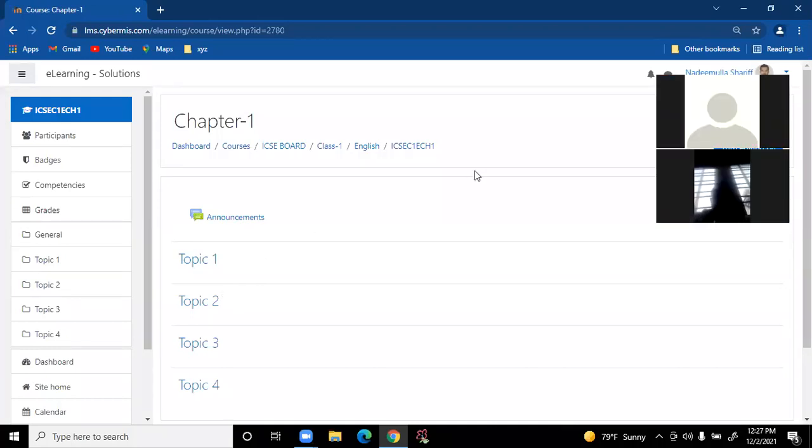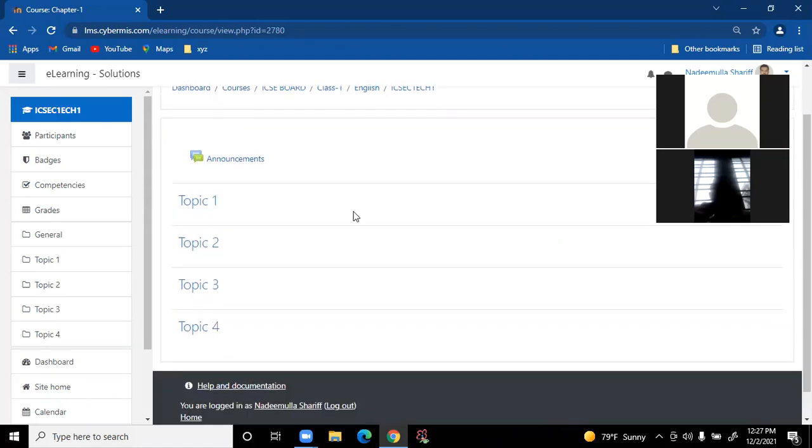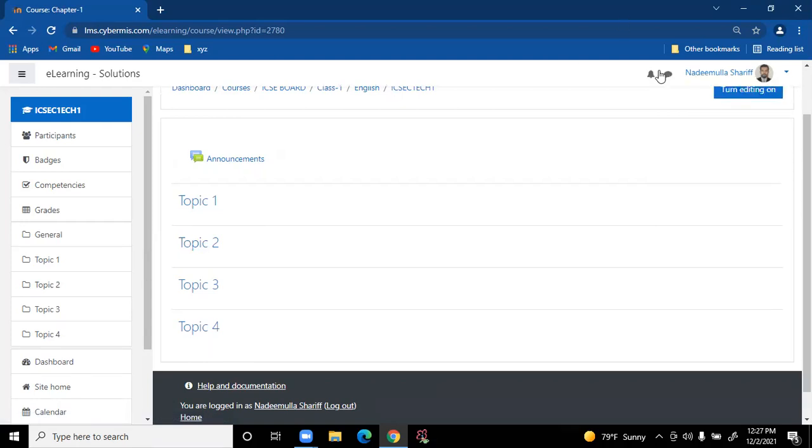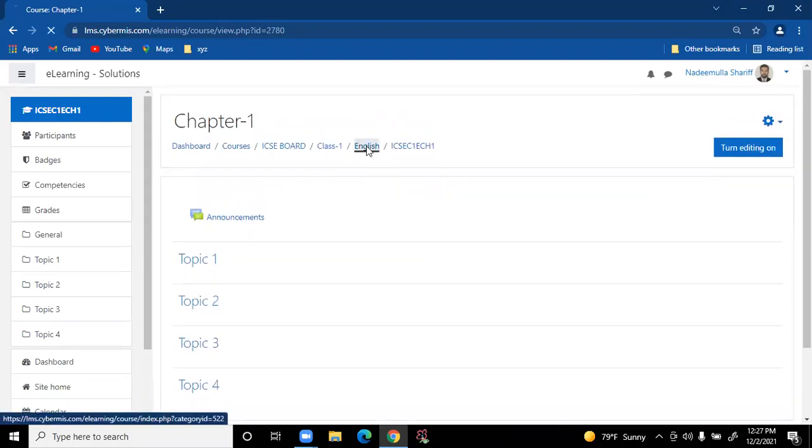This is the area where we are going to add all our data. For every chapter, there is a default topic 1, 2, 3, and 4. In every chapter you can see chapter 1, topic 1, 2, 3. Let's come back to English again.